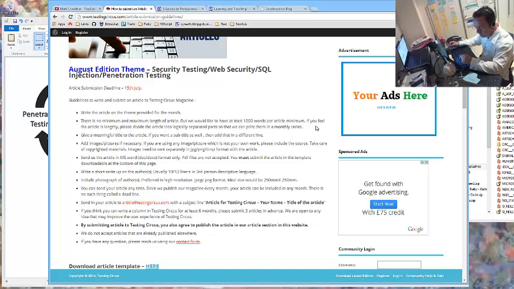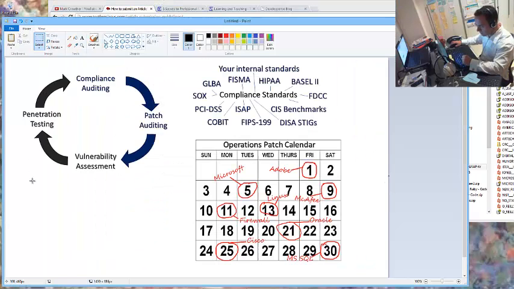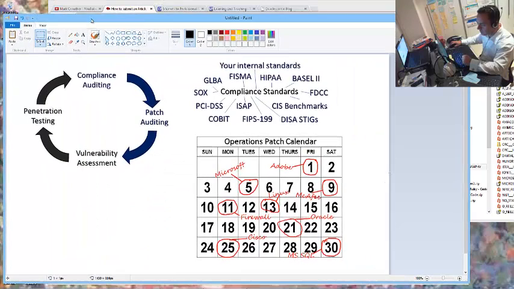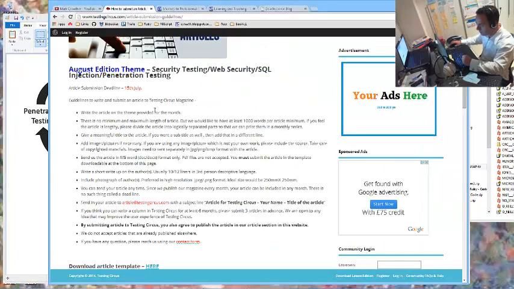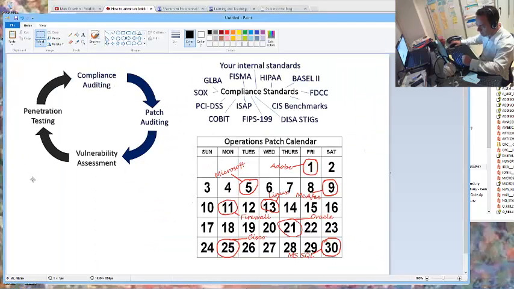Security testing proper. For me, security testing is the catch-all. It's a bit like saying performance testing, and immediately an informed tester is going to say, but what type of security testing, what type of performance testing? And security testing for me breaks down into, in fact, just sneakily in the background there, I'm putting some items together, because I'm going to submit a paper to Testing Circus. I'll talk about that in a second.